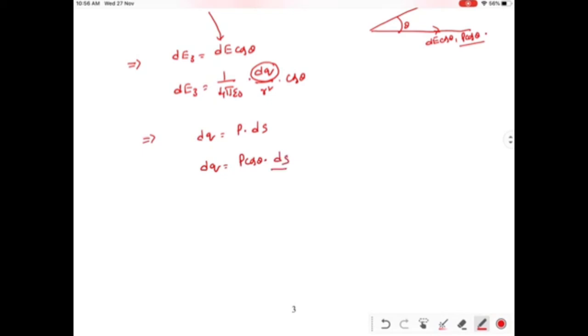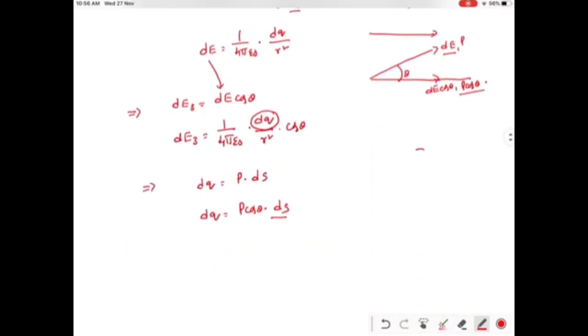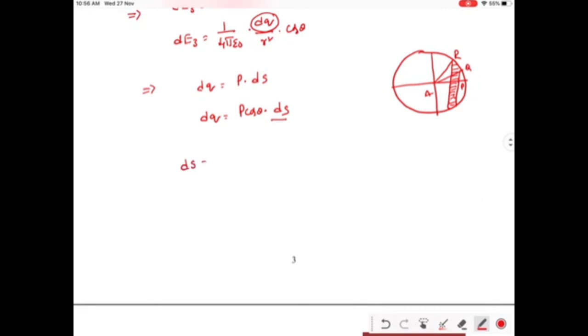Now, we have to calculate the area ds. Here the sphere is like this, and we are considering a small area ds. Now, just cut the sphere like this. Here we will get A and here we will get P, Q, R. Now, we have to calculate this area. The formula for this area is ds is equal to 2 pi into the radius of that spherical part, PQ, and